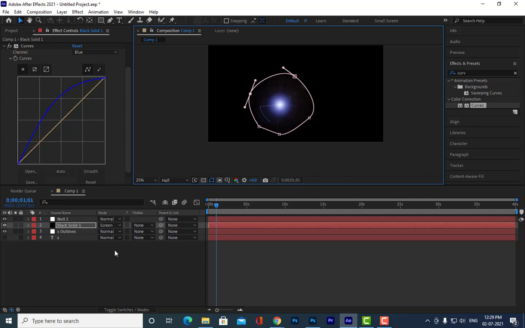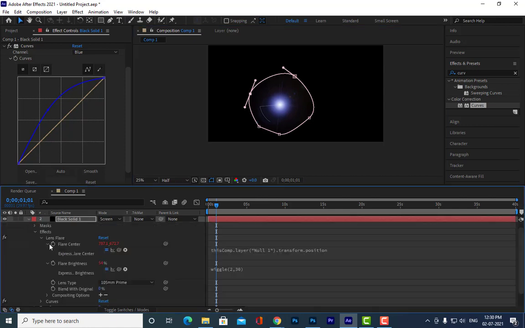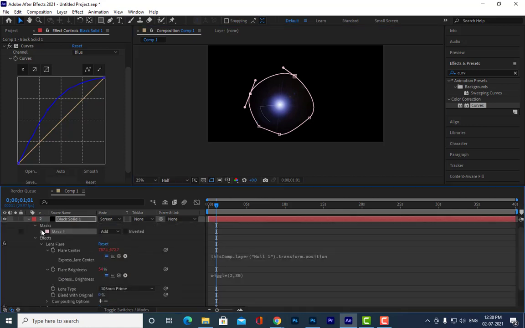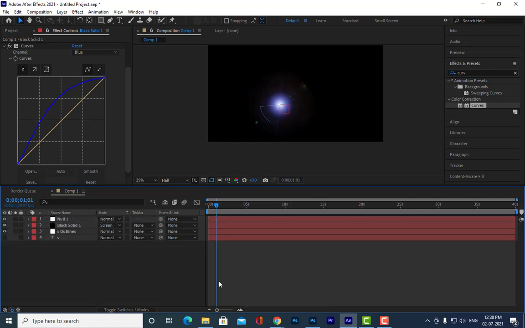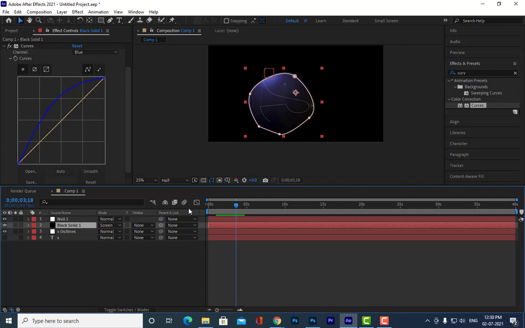So you have to create a mask like this, and actually the mask should not be sharp. We should have soft edges. So let us give some feather to this. Increase the feather value. I'm giving 27 as a feather. Now can you see this? I have given some feather. Then hit the space bar. It's taking a lot of time.